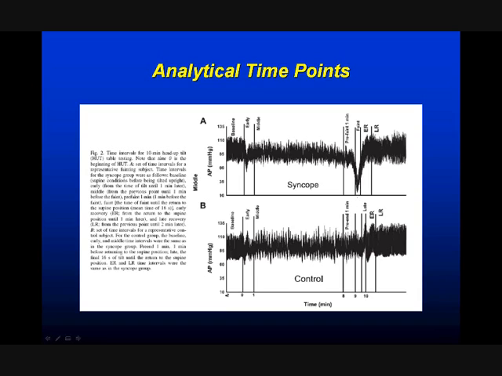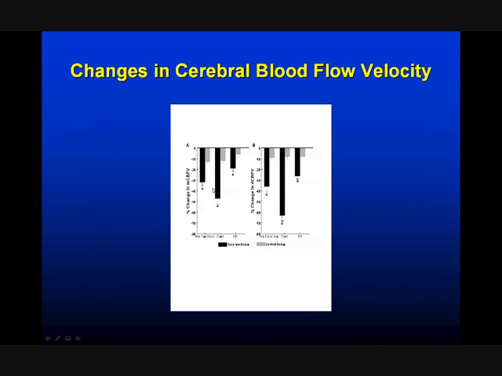In order for us to be able to compare controls to the fainting individuals, we artificially imposed the same timeline on our analysis of their blood pressure and their cerebral blood flow, so that we could say, for instance, at baseline, it looked like this in the syncopal, it looked like this in control. Obviously, since this control subject did not faint, we wanted to use the same time points following the tilt to make a valid comparison. And what we showed here is that in